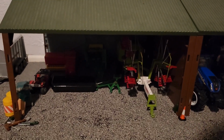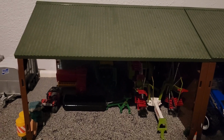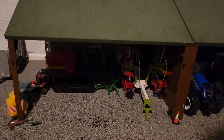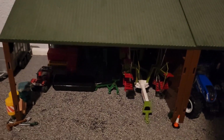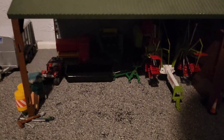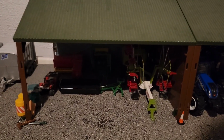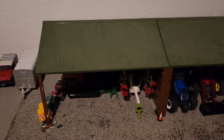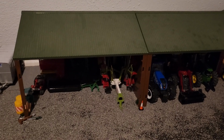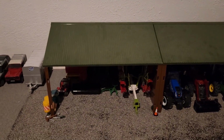Now I think the farmer's got plans for next year. He's going to do bales and silage a bit later on. So he's going to wait till, I think, the end of May or something. The last 2 weeks of May anyway, because this year we started within the first week or two of May, and it was done quite quickly. But he's also obviously having thoughts about doing more bales and silage. Obviously he's having to speak to the farm workers and the farmer's son just to see how they think it should go next year. Obviously they have until May, so there's not really a big rush for it,